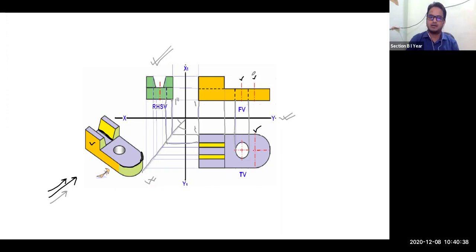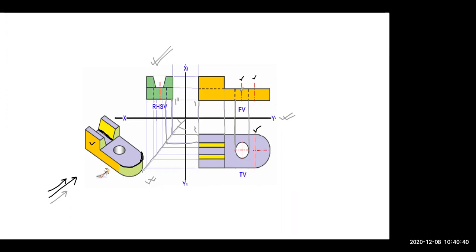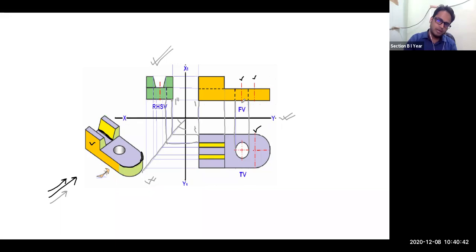Now, the projection of this center line in the top view, where is it coming? Let me draw one straight line. I have to use a thin line. That is your projection line. So this is the projection of your first center line, and this line coming down is the projection of your second center line. And these are those two centers, center number 1 and center number 2.